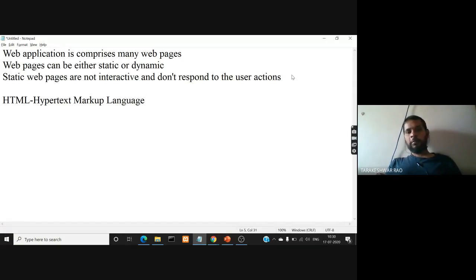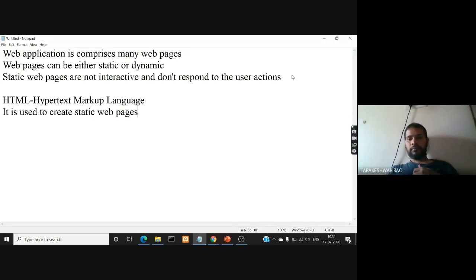What is the purpose of hypertext markup language? It is used to create static web pages, right? So this is what we are going to do with HTML, and this is what I want to introduce to you in today's session.